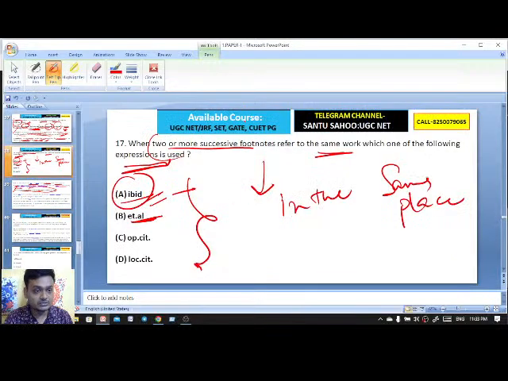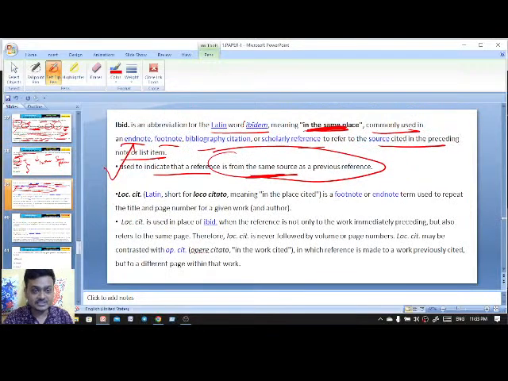Got it? So you have Ibid. And what is et al.? Okay, but before that, let's discuss loc. cit. LOC is actually in the place cited. Loc. cit. is used in place of Ibid. When do we use loc. cit. in place of Ibid? When the reference is not only to the work immediately preceding but also refers to the same page.